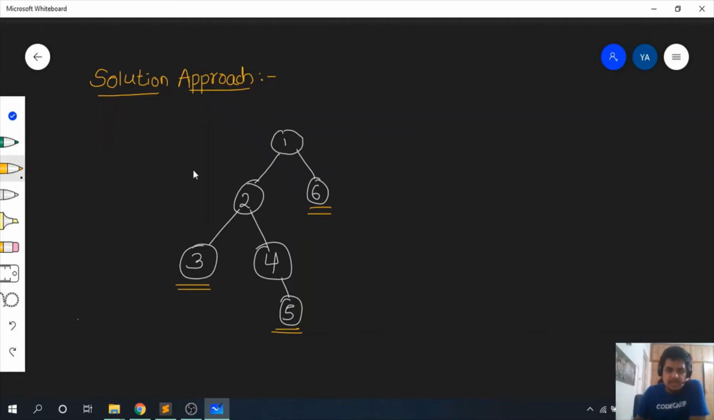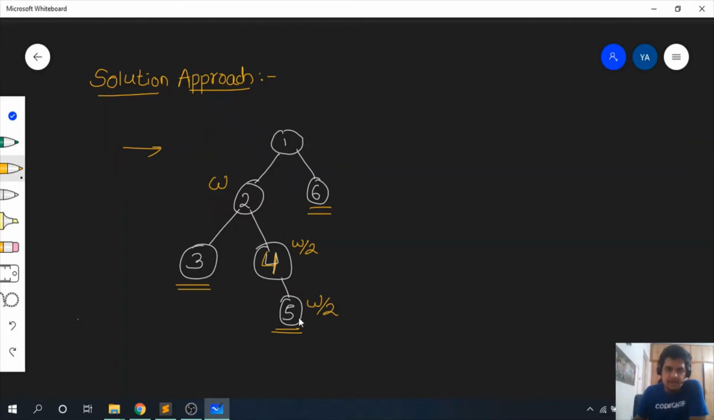Now, in this tree, I've taken it as an example. You can see that node 4 has just one child, that is node 5. Node 2 has two children, 3 and 4, and 4 has just one child, that is 5. So whatever task 2 gets, say W, it will pass on to 4 as W by 2 if W is divisible by 2, and 4 will pass on the same number of tasks, W by 2,